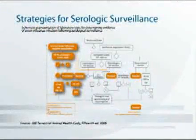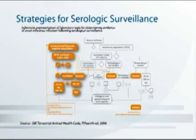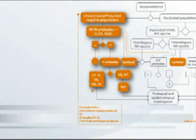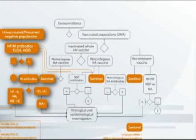But again, here's a diagram, again from the OIE Terrestrial Animal Health Code, chapter on avian influenza, outlining the strategies for surveillance in unvaccinated populations versus those in vaccinated populations. Unvaccinated populations, you can use both type-specific antibody tests as well as subtype-specific tests and have full identification of any of the 16 subtypes. However, in vaccinated populations, as you see on the right-hand side, we have two choices,